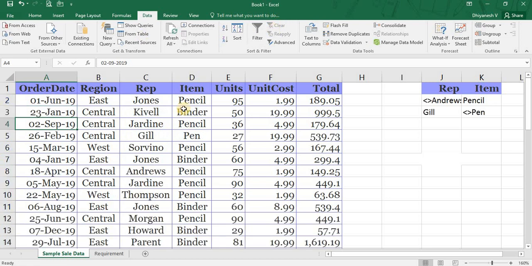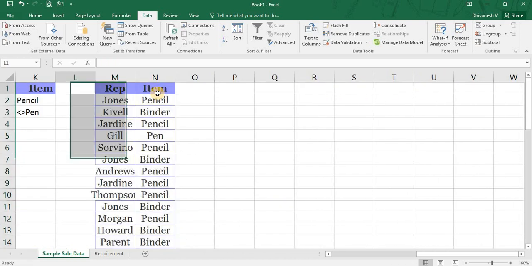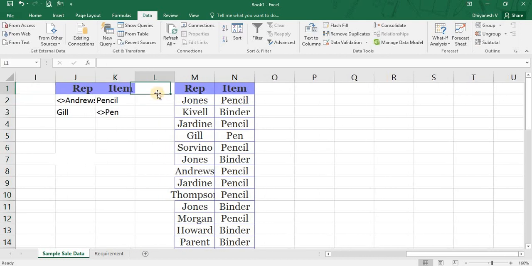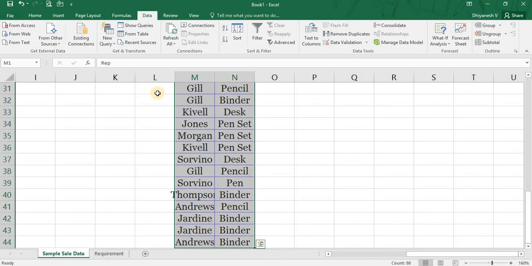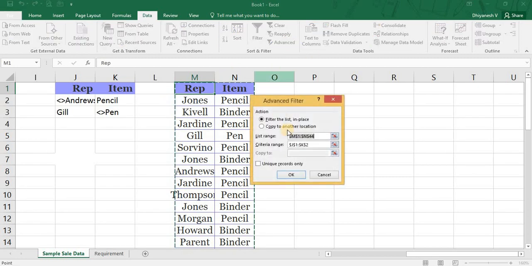Say for example, I am just having this data, rep and item, with me here. So this is my new table, the new list range I have. I will select advanced filter. This is the list range.